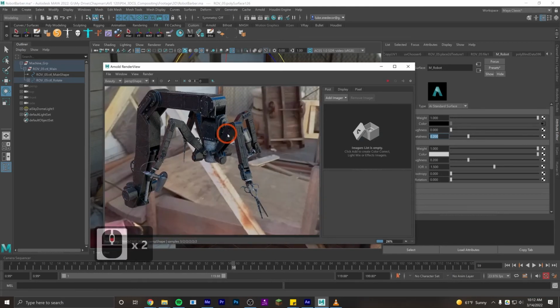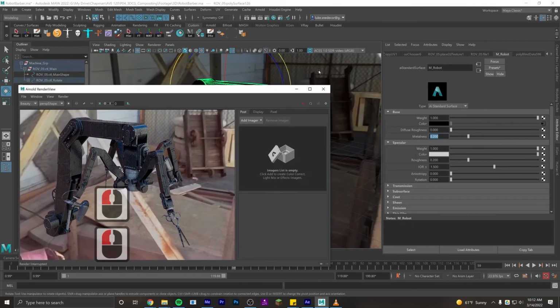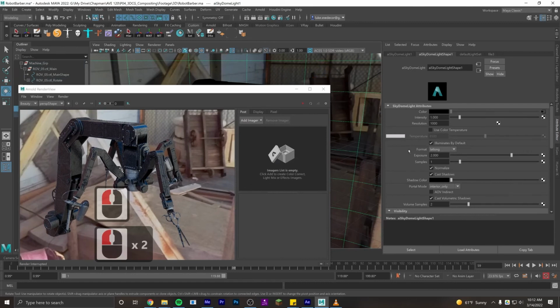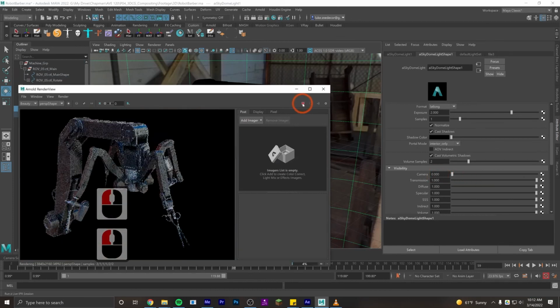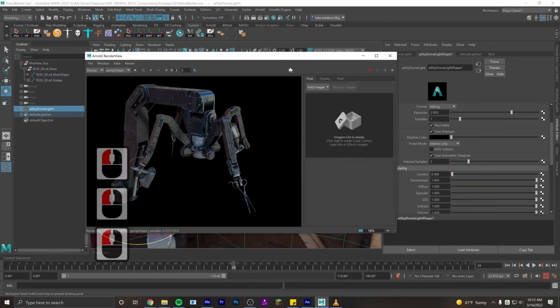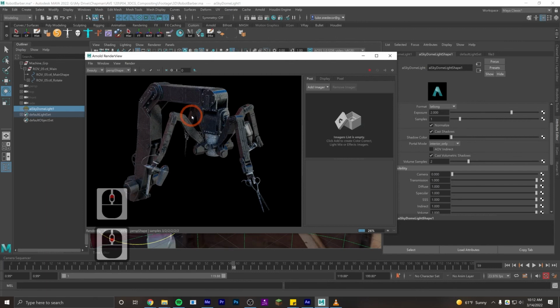The other thing I want to do is I don't want to actually see this background in my render. I just want it to affect the lighting. So I'm going to select my HDRI. First I'll stop my render. Select my HDRI, and we'll go down to visibility. And under camera, we'll bring this all the way down to 0. So it'll still affect the lighting of our object, but it won't actually show in the camera view. So now we're getting a nice looking CG render, and now we just need to position our camera properly